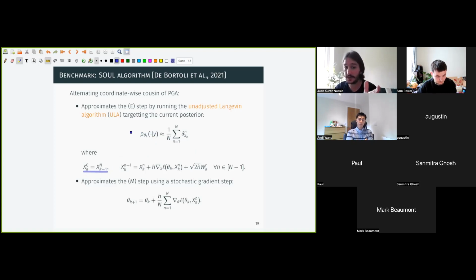And I actually think this is quite a nice algorithm. They were being pretty smart about what they did, and they were motivated by trying to overcome scalability issues in previous versions of these approximations to EM. In particular, for example, they avoided accept-reject steps on purpose because they can be a bit finicky in high dimensions. Now, as for the M step, they were doing basically almost the same that we were doing. They just changed their posterior approximation to be the empirical distribution of the states visited by the Euler chain, instead of this particle cloud, which are Euler chains running in parallel for a single step, like we were doing.